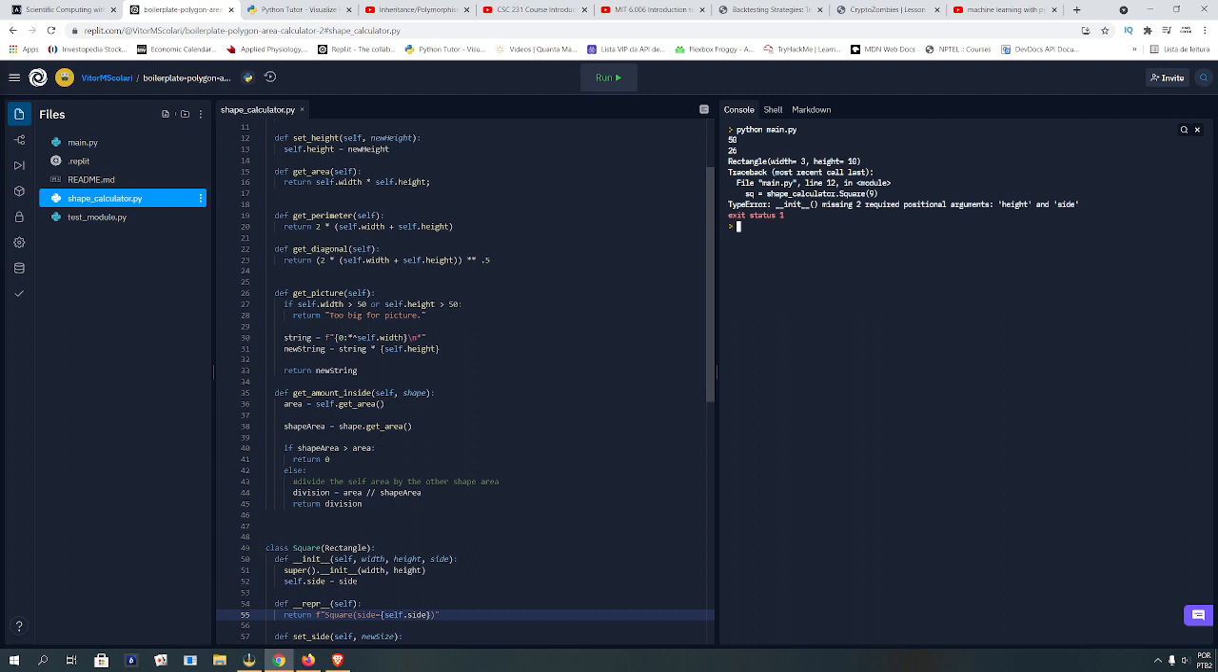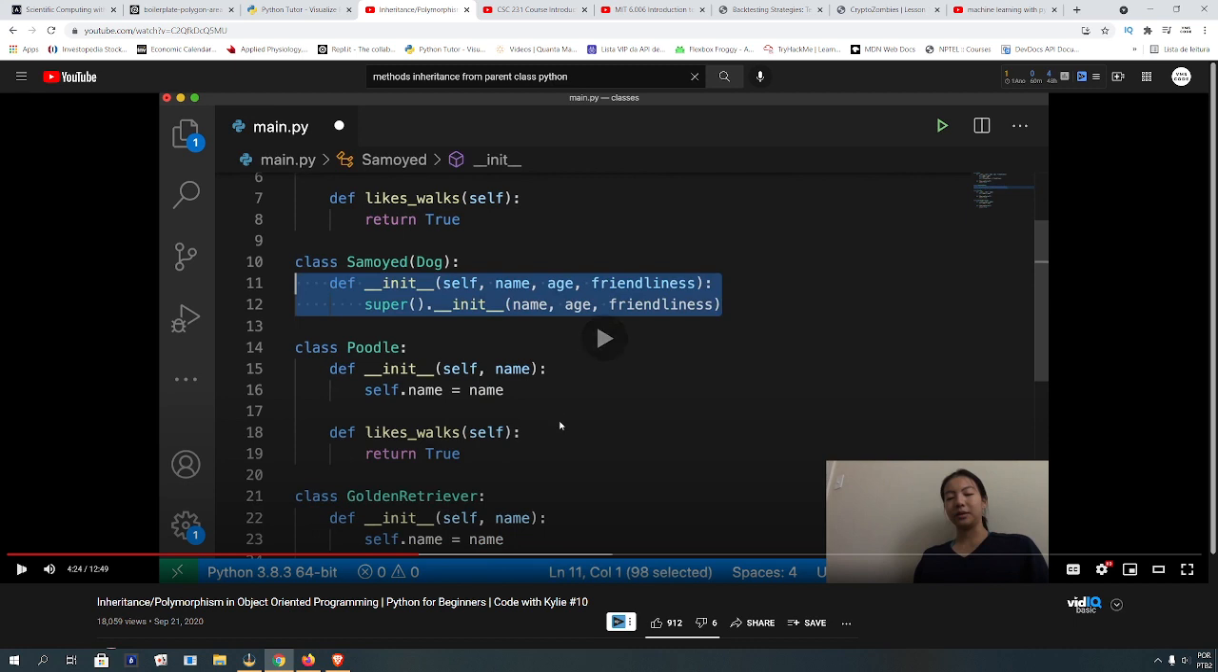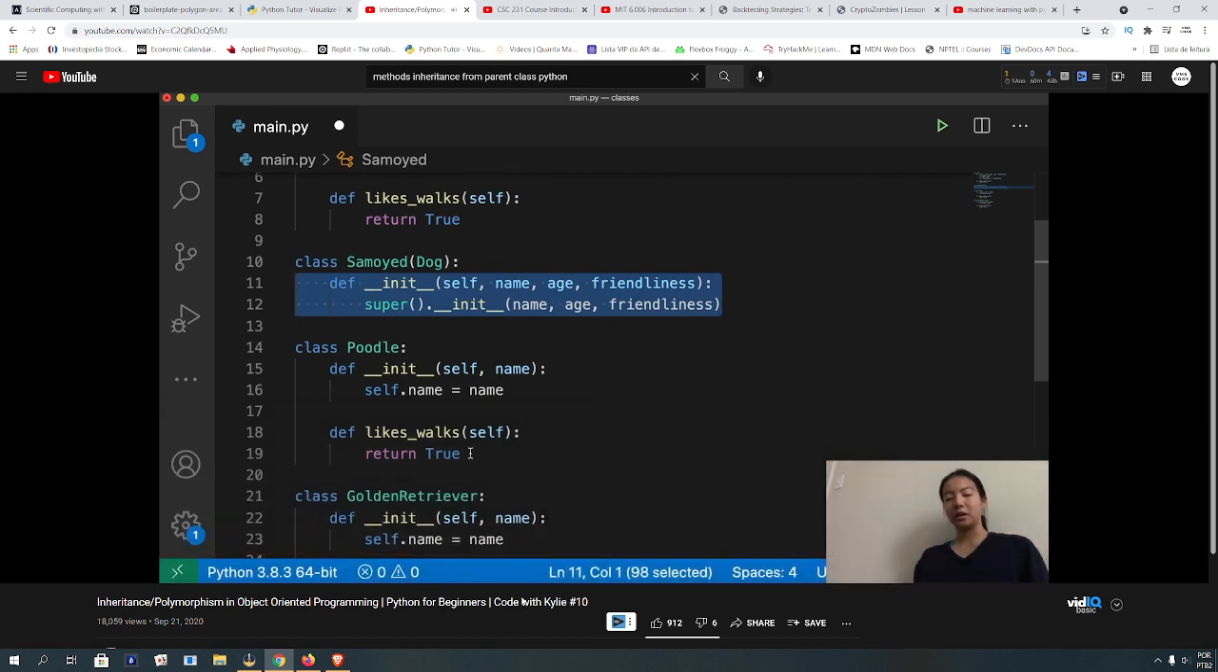I think this is the problem here. I think you can't find the area because it's requiring height and size. Pull my doggos down here